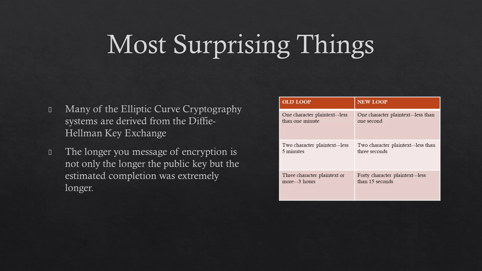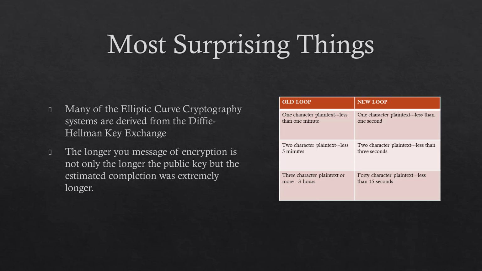We believe that the length of the public key and random key not only corresponds with the character length of the plain text being encrypted, but also with the amount of time it may take for the program to actually be executed. At least that was the perspective and the theory based off of our old loop encryption,